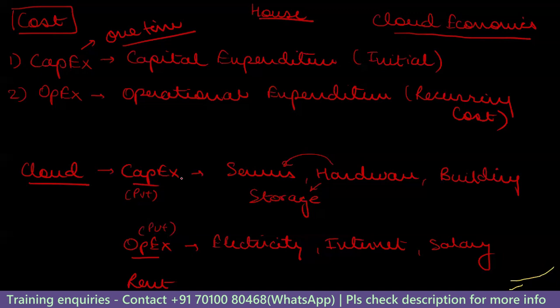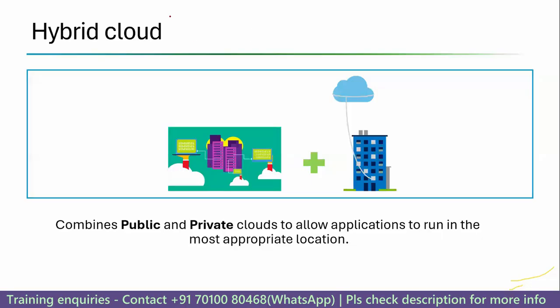Capital expenditure will only be there if you're creating your own data center, right? That is a private cloud, the on-premise cloud. Similarly, electricity, internet, and salary also you will pay if you're creating your own private cloud. Rent is something that you will pay in case of a public cloud, correct? Do you all agree with this? So now my question is, we have seen three different clouds: hybrid,